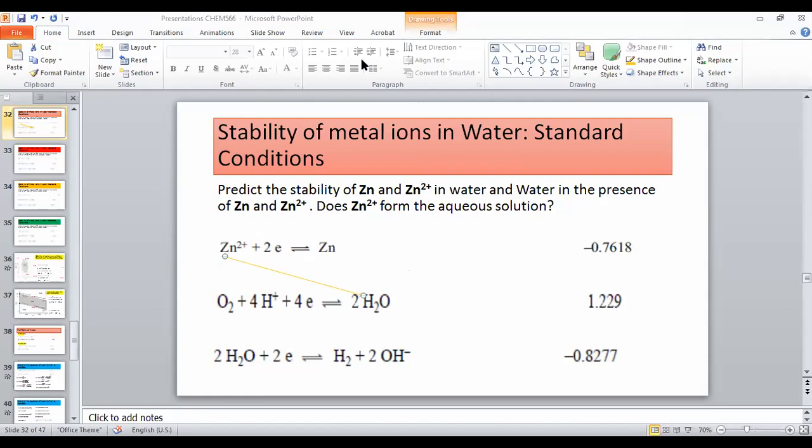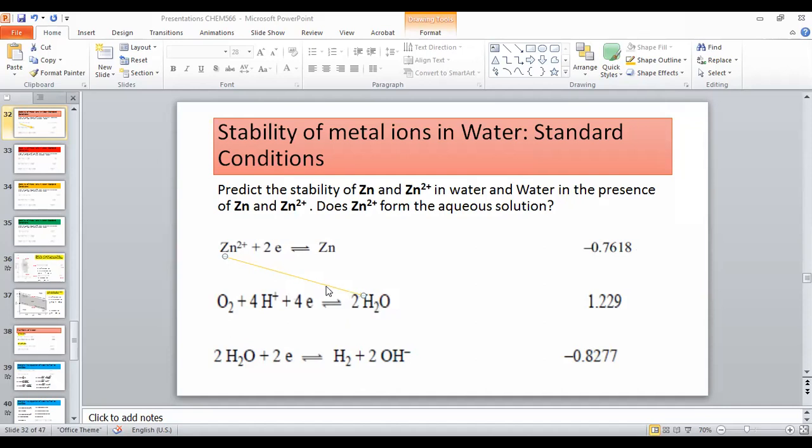Please, immediately, one of you. Sir, non-spontaneous. Very good. It is non-spontaneous, and what is the reason? It is because zinc has a lower reduction potential, and zinc is going to oxidize. Very good. Looking at the potential, the zinc has less potential as compared to the water. So this zinc may react with the oxygen, but this zinc ion is not going to react with the water,